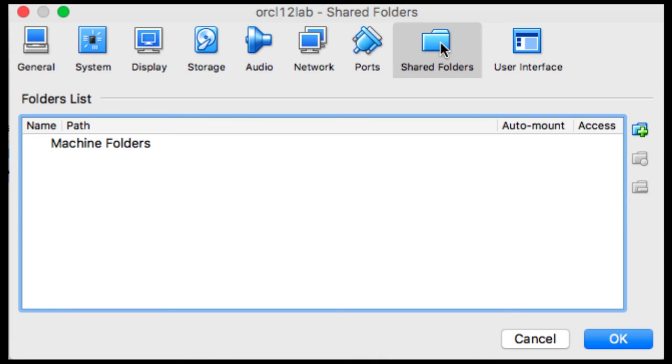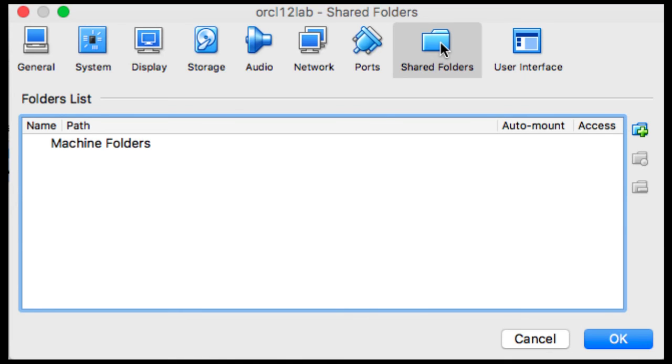You can download the software to a local folder, unzip it, and then just use the software or the documents on the VM. This is especially useful if you have multiple VMs and you want to share the same